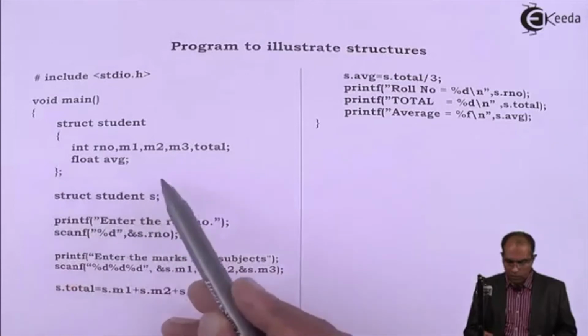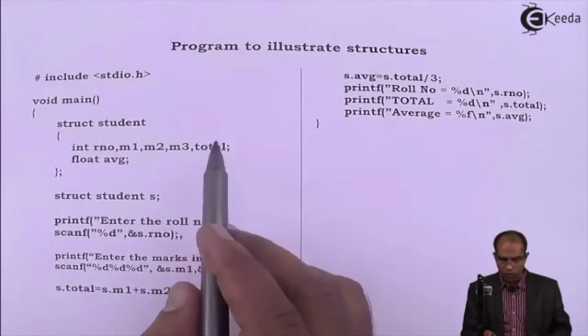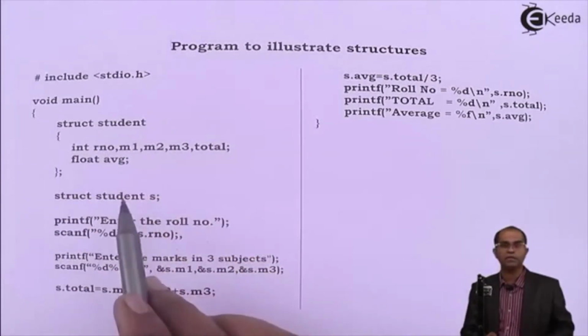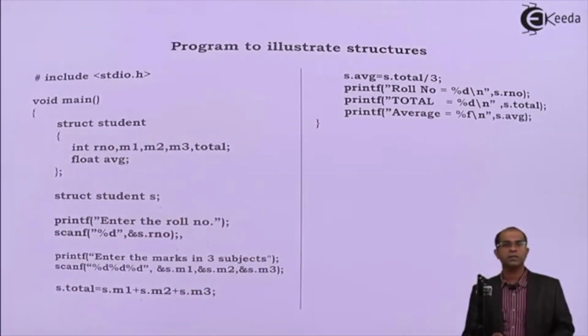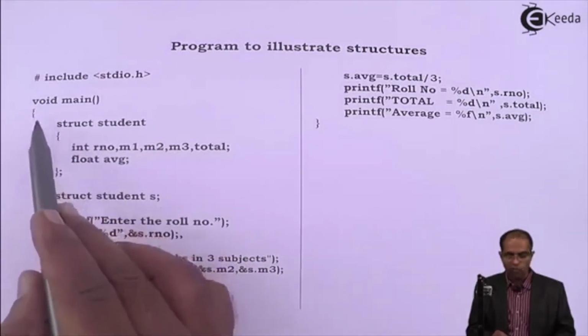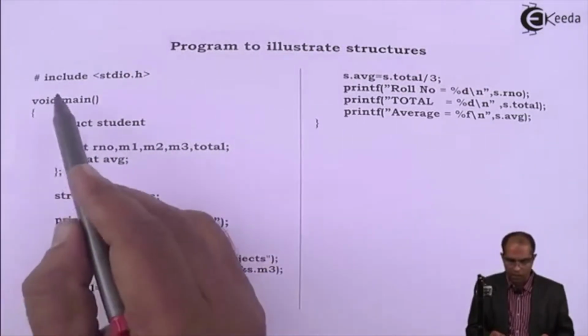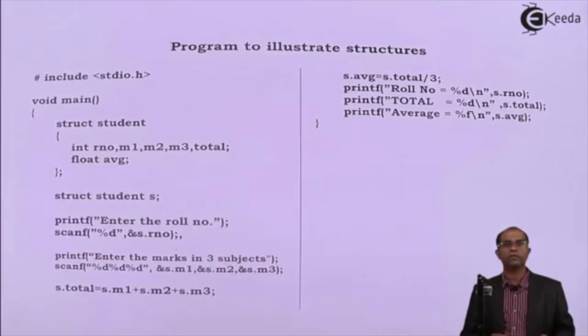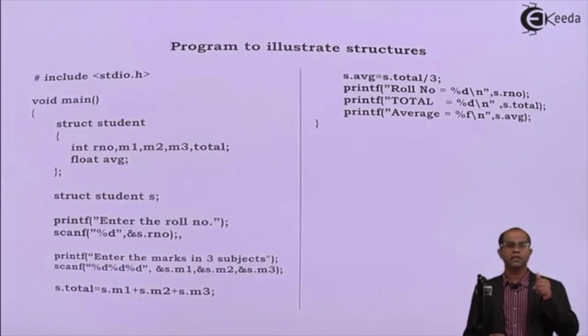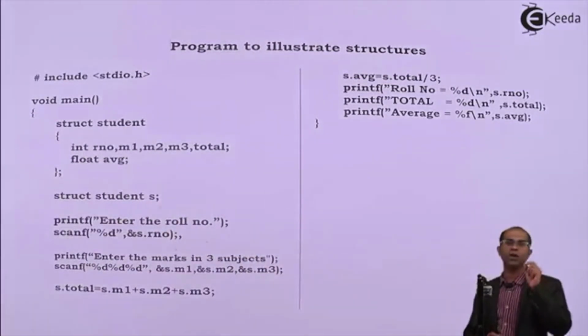I can do the structure declaration within main like an ordinary member. The way in which we used to define variables, I can use the same concept, and define a structure declared within this particular main. Or I can put the structure declaration after the header file and before main. The place determines whether the structure declaration is local or global. The example you are currently looking at, the structure declaration appears within main, hence this will be called a local structure declaration.